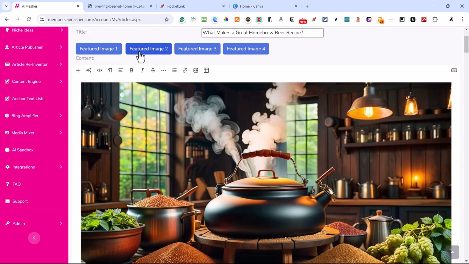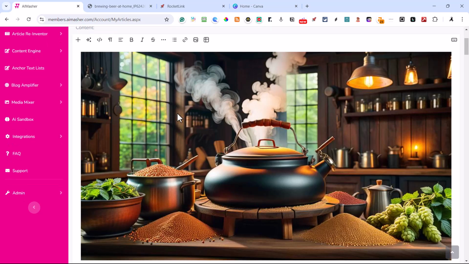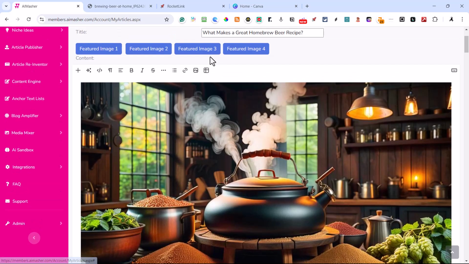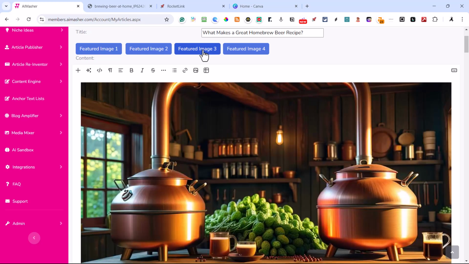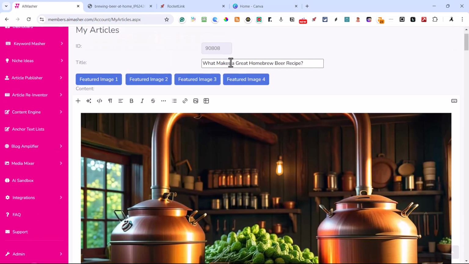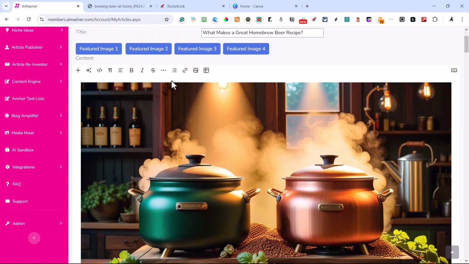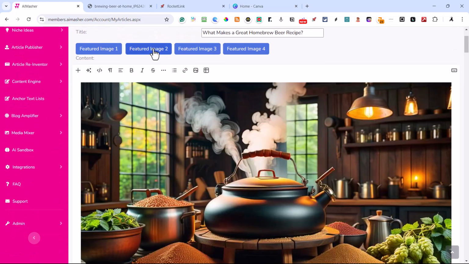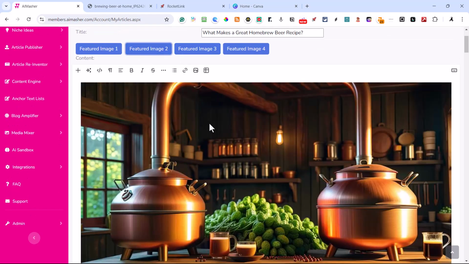It doesn't have to be exact. If it's interesting and engaging, something like this, they're going to click on it. If it's just somebody standing by a brewer, they probably won't click on it. That's interesting there too. Okay, I think I'm going to go with this one. That looked pretty neat. Yeah, I'll go with this one.